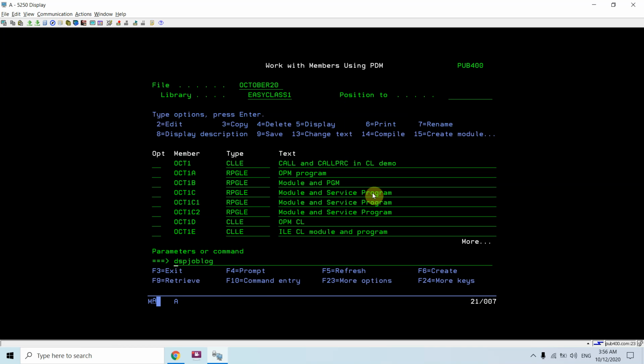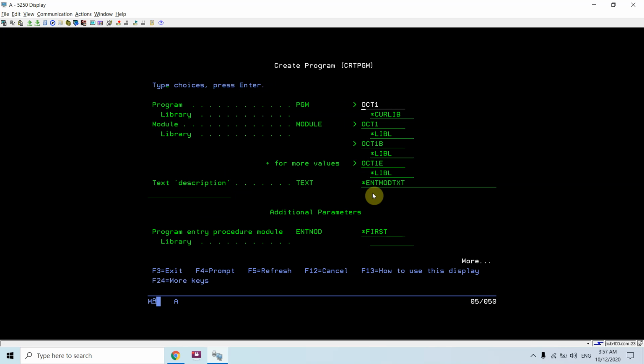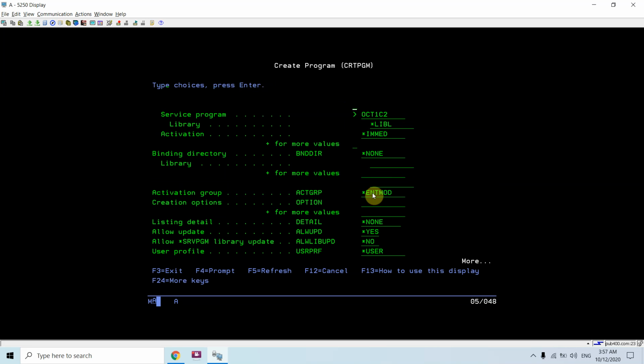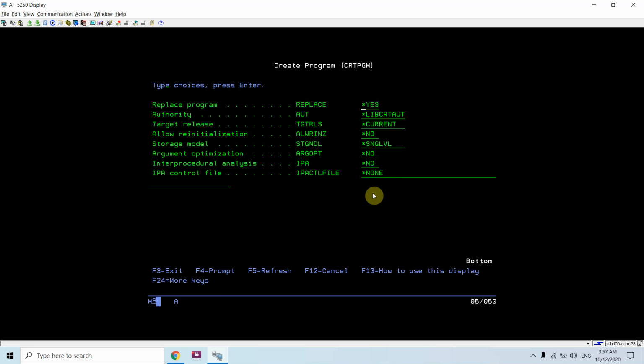Now what I can do is take F4, F10, page down. Is there any option here? Let me check.